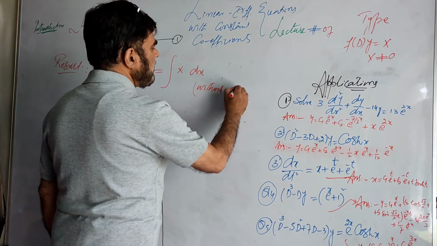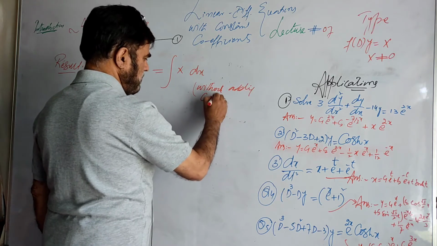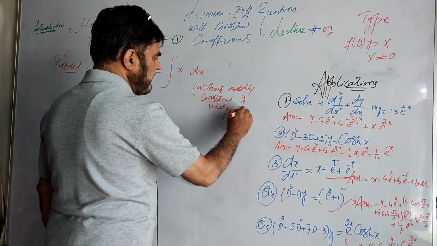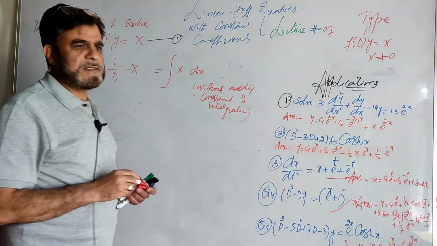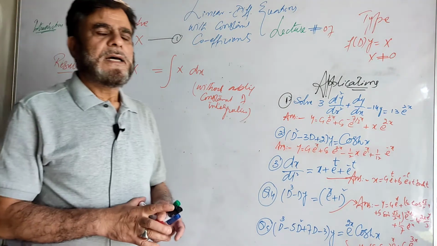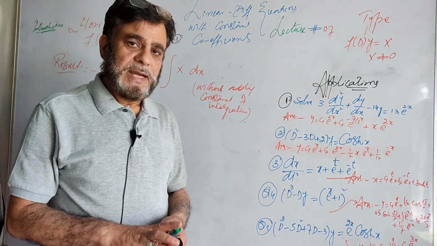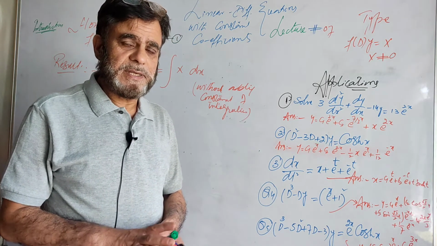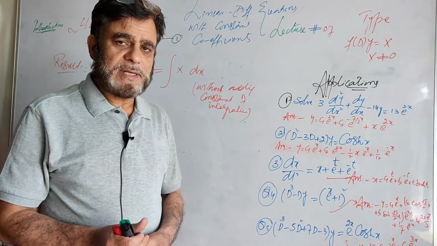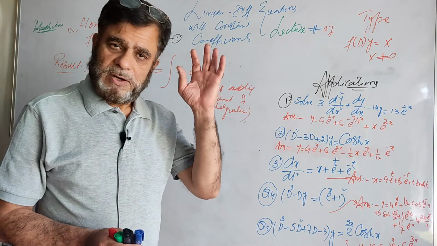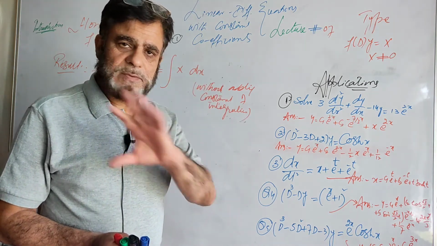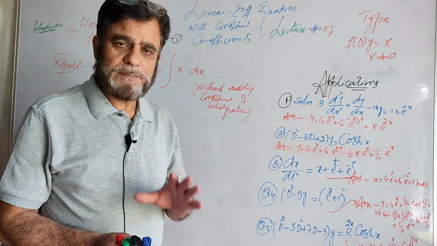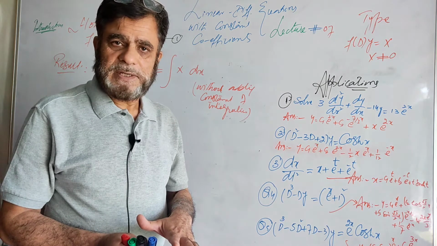without adding a constant of integration. We don't add a constant of integration here because all the constants of integration get involved in the complementary function. And you know the number of constants that we have to involve in the solution of the linear differential equation depends upon its order. When its order is n, in the complementary function all the n arbitrary constants get involved, so you will not write any constant for the particular integral, it will contradict the fundamentals of the solution.